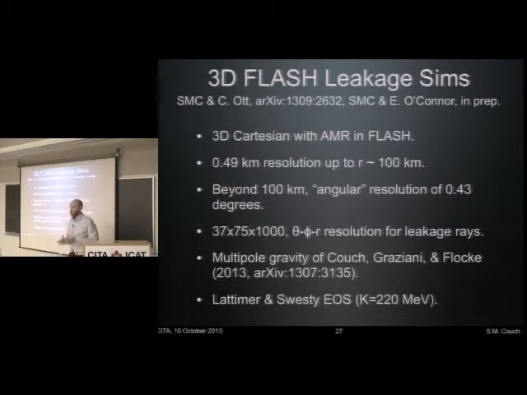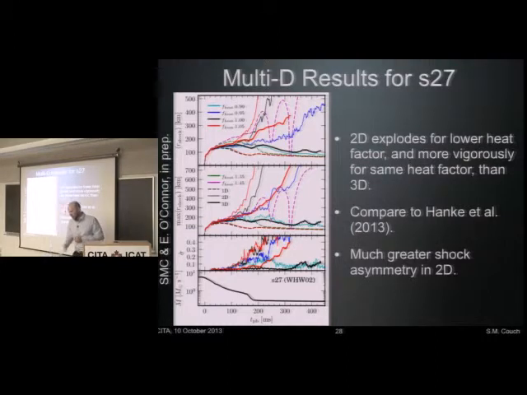We use an improved gravity. The earlier studies using light bulb all used a monopole gravity, which basically just means you integrate m as a function of r and use that to compute your gravity. Here we're using a new multipole approach, which I have a paper about, which should be printed in ApJ soon, which is much more accurate for this problem. It conserves momentum a lot better. We found some interesting tricks, which were fun math to work out. And we're using the good old Lattimer-Swesty equation of state, which you can download from stellarcollapse.org. So here's a summary of our results.